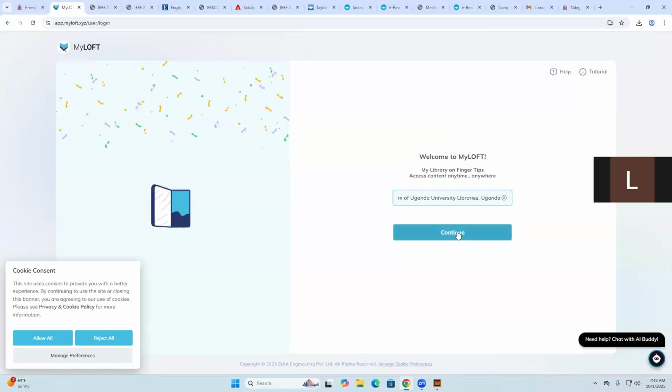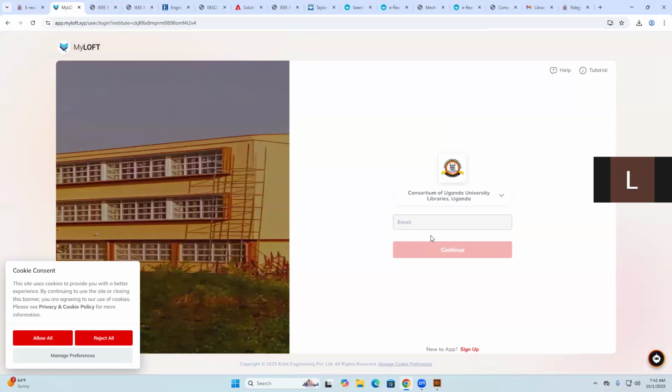Why? Because we access this through the consortium as member institutions. So the moment you type in there, after us registering you, you'll be logging in with your email. Right now, you're not yet registered, so you can use these materials on your own campus. Now, put in your institutional email, because that is the one which was registered,